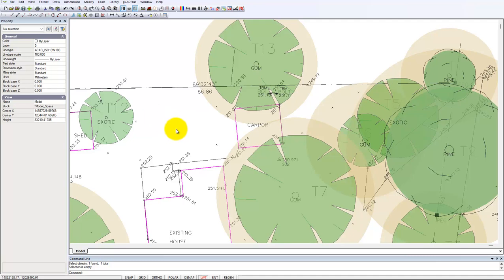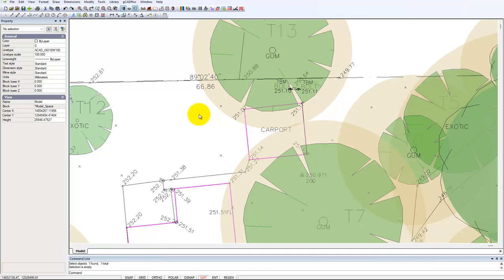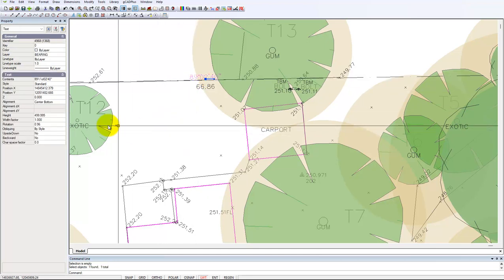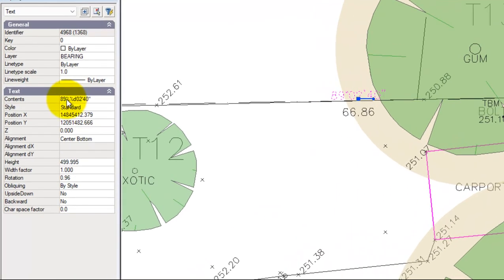We've had a request from an arborist who's developing and working with this drawing. He wants to know how this 89 degrees, 2 minutes and 40 seconds symbol is put in. If we pick that piece of text, notice up here in the contents, to put in 89 degrees, you type